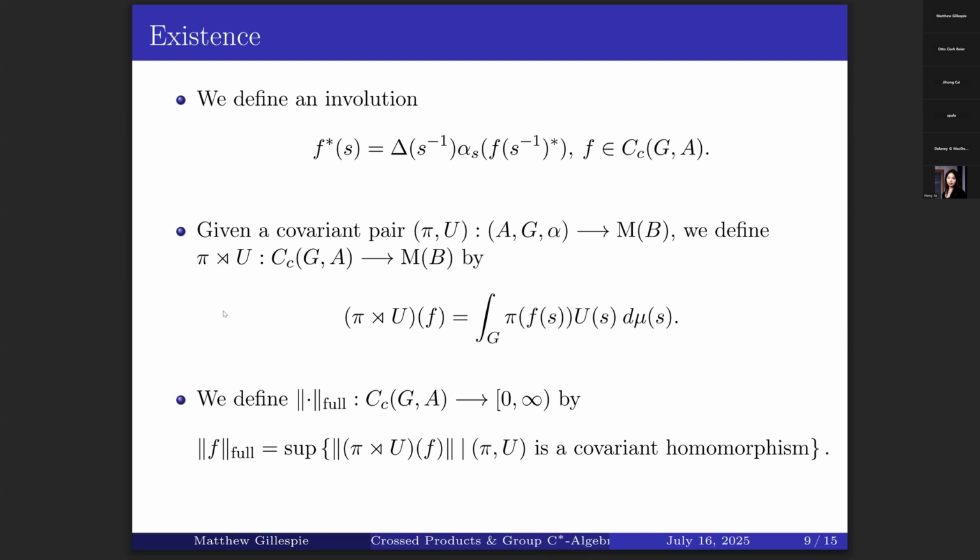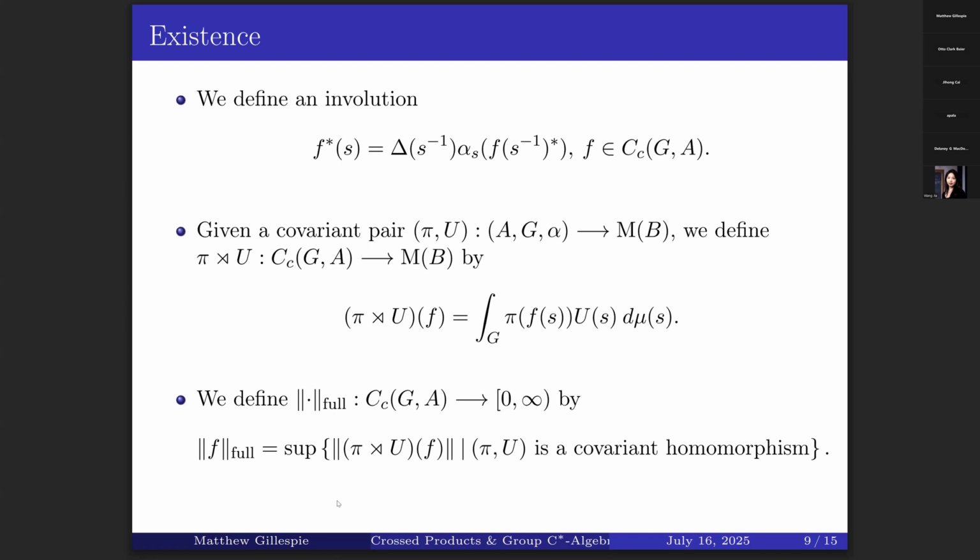And of course, all we're going to be doing then is defining a norm and then extending all of these objects to the completion of that thing, and that'll be our cross product. So we define the full C-star norm, the full cross product norm on this vector space of this star algebra by, I look at f, and what this is doing is I'm taking the supremum over all covariant homomorphisms of the system (A, G, alpha). I look at the integrated form of that covariant homomorphism, I apply f to it, and then I take the norm of that thing,